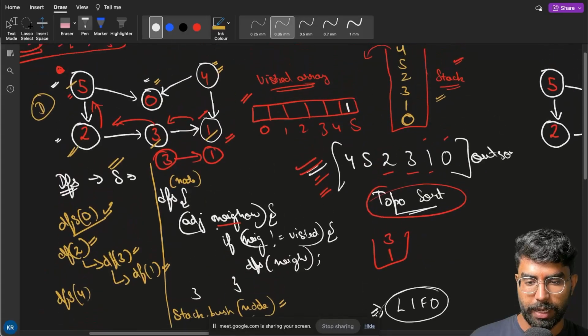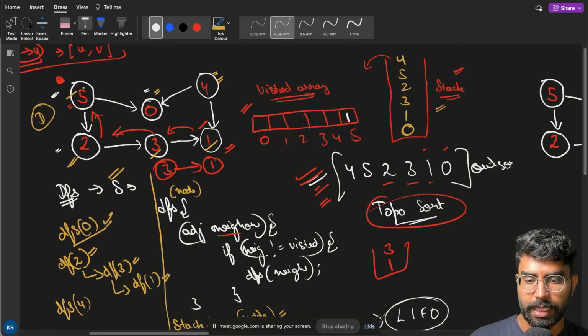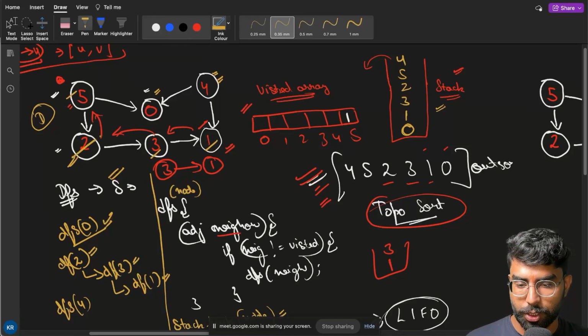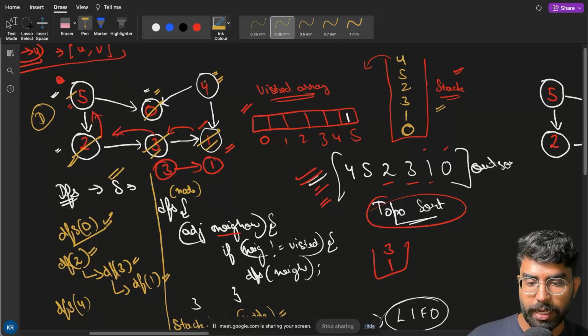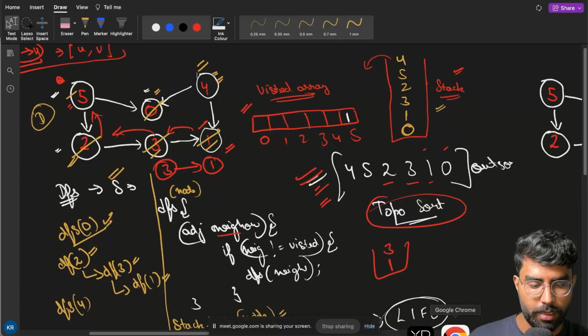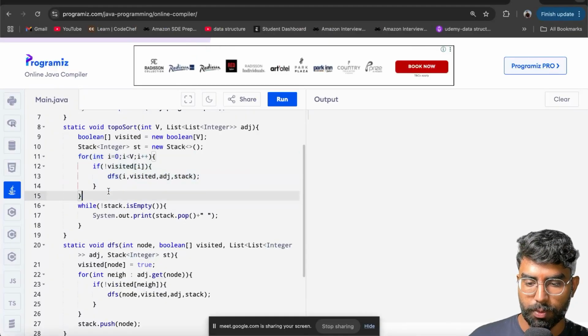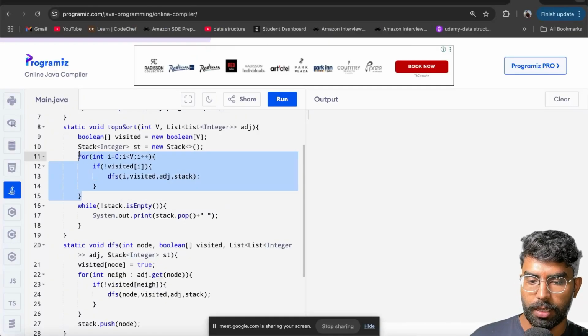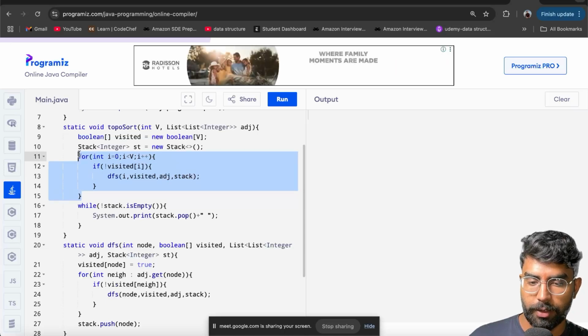Let's say we were having this graph, right? We started with the 5, correct? So in the DFS call basically it will cover this 2, this 3, this 1 and this 0, right? Because these are connected, but from the 5 we can't reach 4, so 4 will remain, correct? So we are using this for loop. In the for loop it will check all other nodes, they are visited, it will go to 4, then again it will call this DFS function,